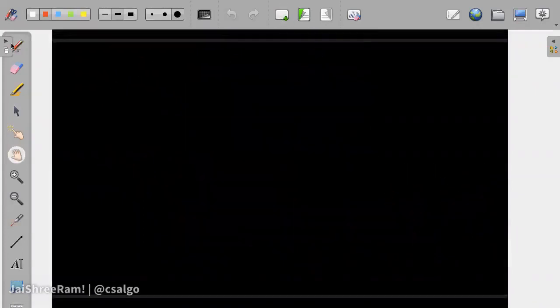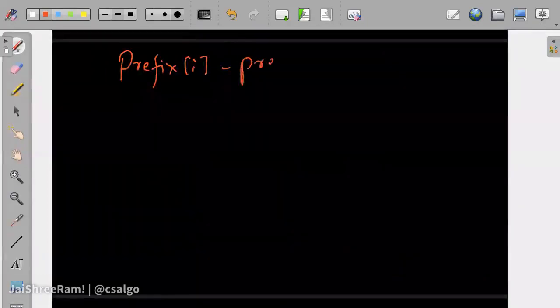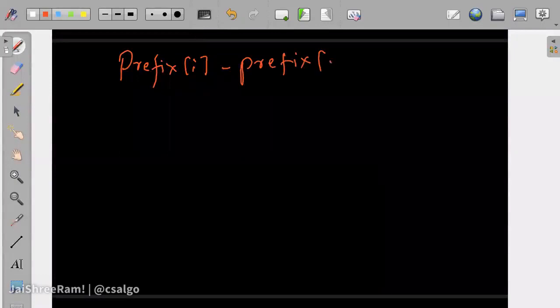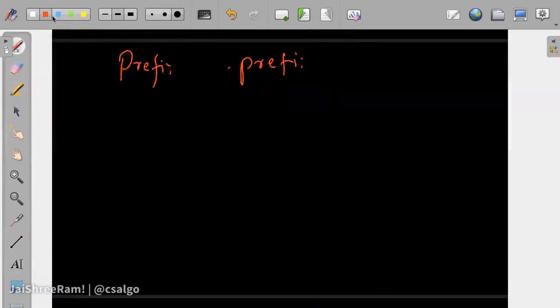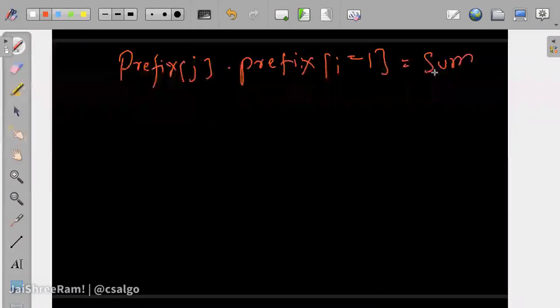Now let's look at just this particular expression. Let's keep the same condition only: prefix of j minus prefix of i minus 1, equal to some sum.